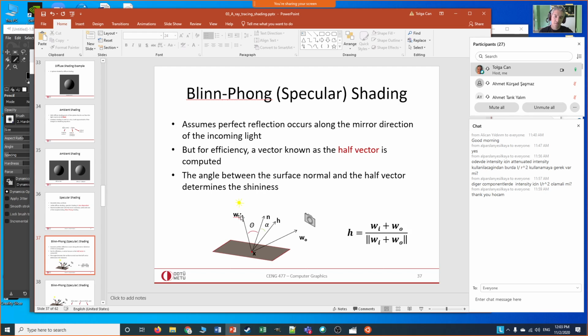Wi is the I vector, and this half vector is computed as the half vector between Wi and W0. Okay, so this H, you compute it like this, you normalize it with its length, so H becomes a unit vector with length 1. Now, just like we did in the diffuse component, this time we look at